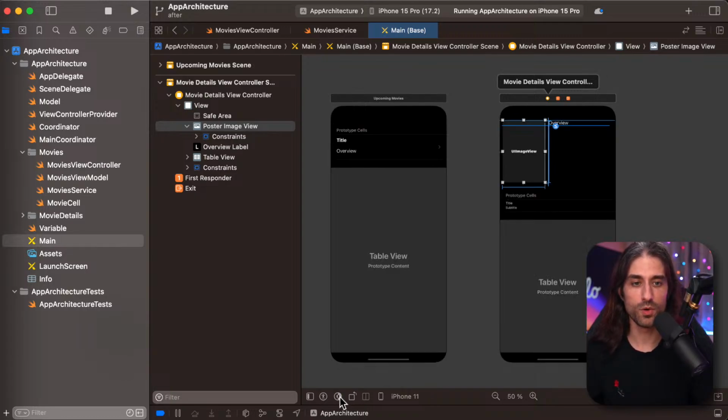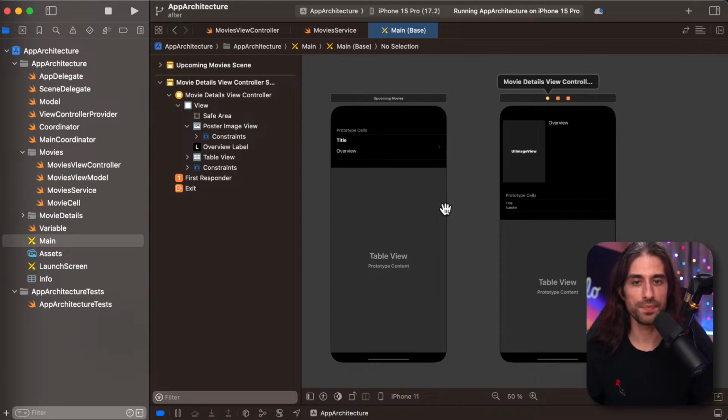But at least if you want to see how it looks in dark mode, you can do it without launching the app in the simulator. Of course, you still want to validate by launching the app in the simulator, and even better on a real device, but it's good to be able to do it with the flick of a button, just to see if things are happening as they should or not.